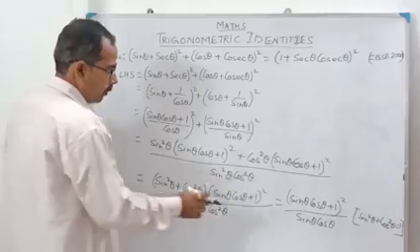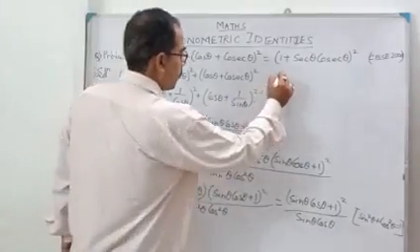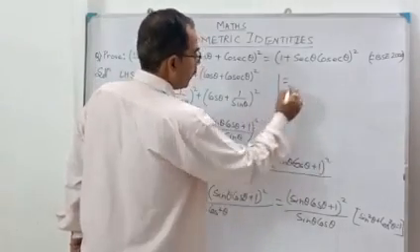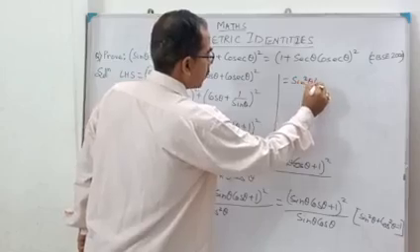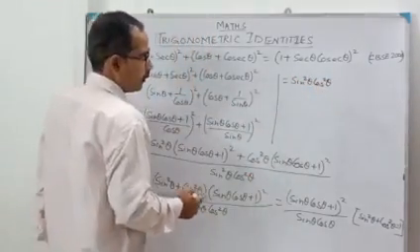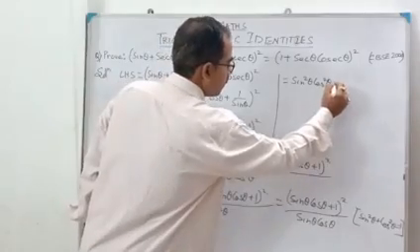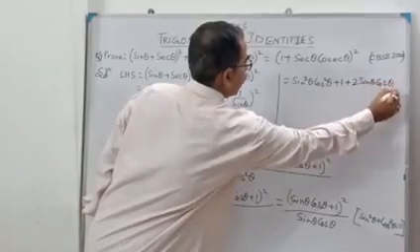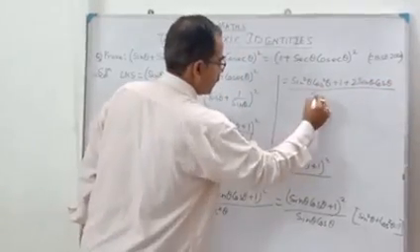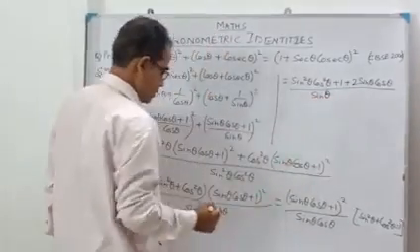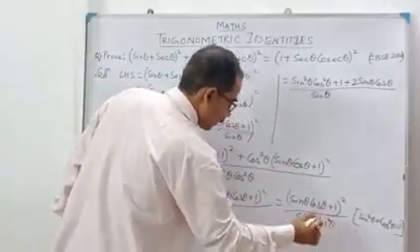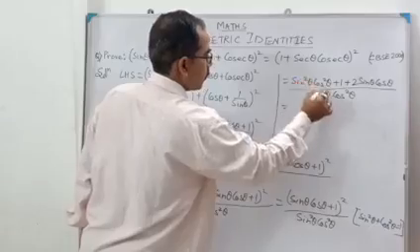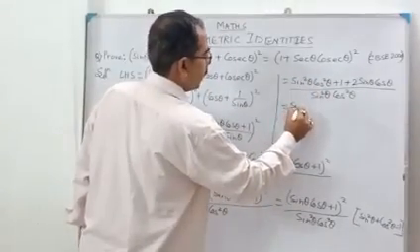Okay. Now break it. Let us do over here. So what you are getting? Sin square theta cos square theta, plus 1 plus 2 sin theta cos theta whole divided by sin square theta cos square theta. Sorry, here also sin square theta, here cos square theta. Correct? So if you are dividing, what you are getting?